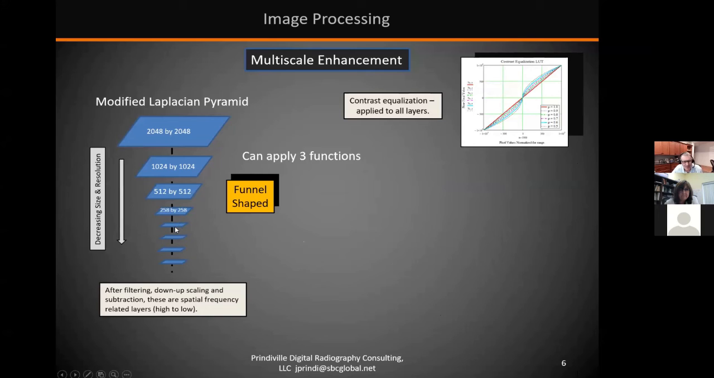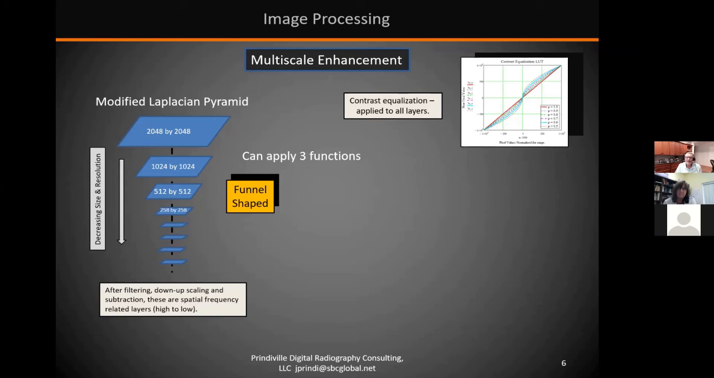Sometimes they stop doing the reduction in size and they leave it alone and they come up with a funnel shape instead of a pyramid shape. Similar, but they just stop doing the reduction. But the rest of the process is the same. So I said if I add these together, I'm going to end up with the same image, but I'm not